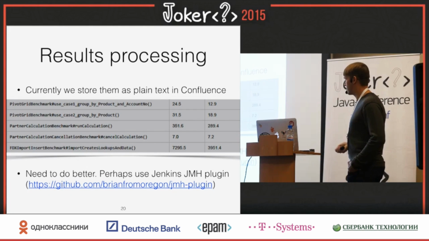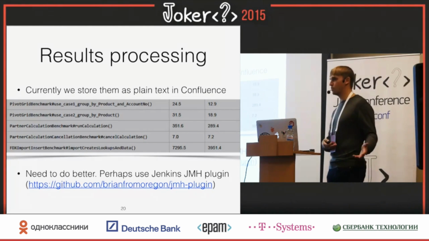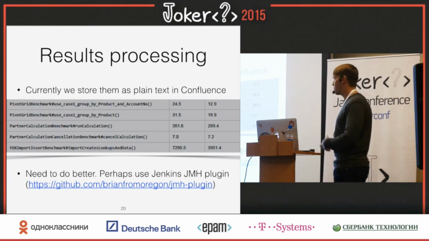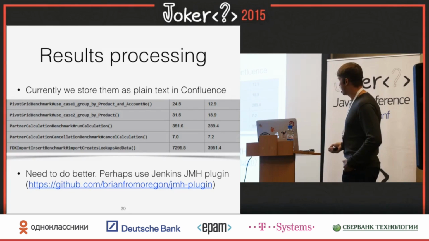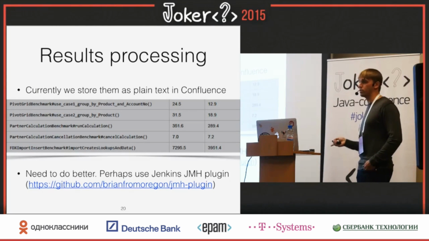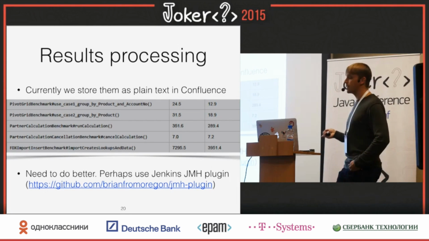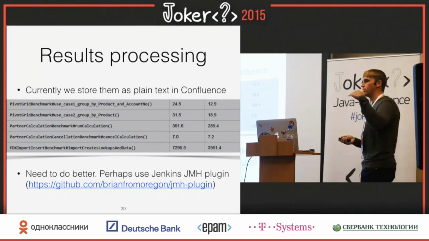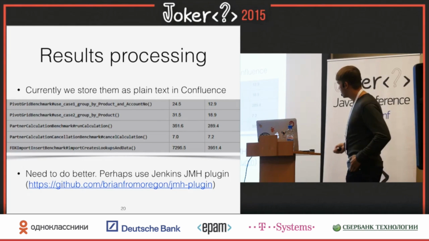But as always, in enterprise, somebody pays you to do actual work and not improve your own stuff. There is a Jenkins JMH plugin I have to mention. This is very bare bones. You have to build it yourself, first of all. And the only thing it allows you to do is capture the files and attach them to a build. If you're familiar with Jenkins builds, every build you're going to get files saved. And the plugin just builds you the index of the files.